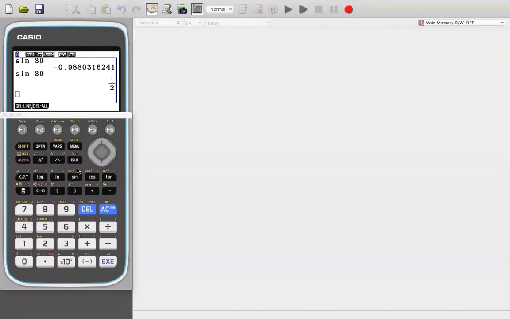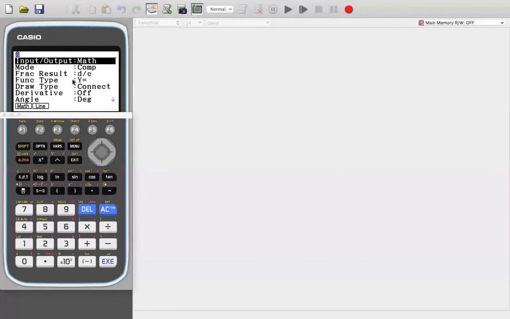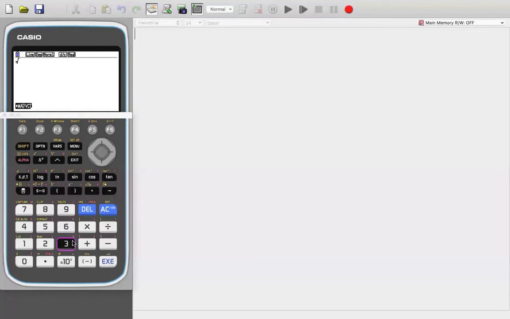Another thing I've noticed is that let's say you want to find root 3, you type it in and press execute, and you get root 3 itself. Now, during the exam, you'll probably start panicking at this point if you need a specific answer. But all you need to do is go to the setup window again, and instead of the math mode, select the linear mode. Now, if you do the same thing again, you get the actual value.